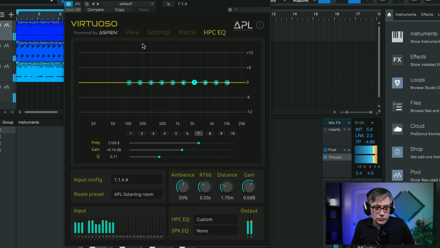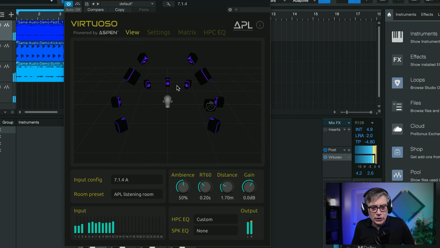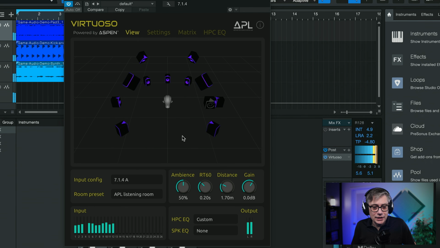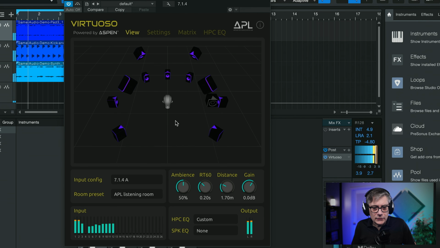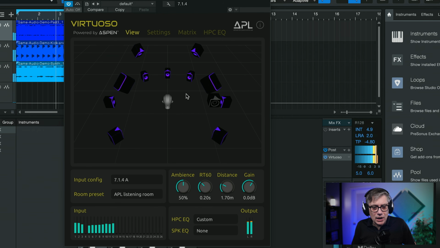Now, the final thing that you can do here in the plugin is in the view settings, you now have limited options on how to navigate this three-dimensional space. In previous versions, this is essentially what you had and what you were stuck with. Now you can actually move around a little. I can only move up, down for some reason, but that's fine. And I can also zoom in. Now, the zoom function works with the mouse wheel, and that doesn't really work on a Mac with a trackpad. So if you're sitting on a Mac that has a trackpad, be aware that it doesn't work. You need a mouse with a mouse wheel to do that.